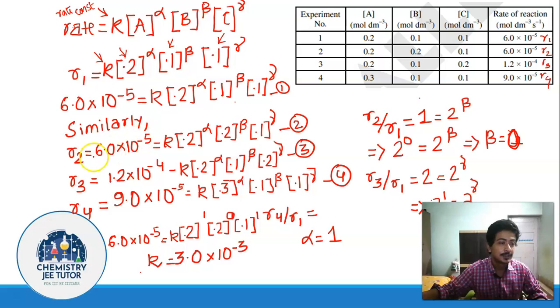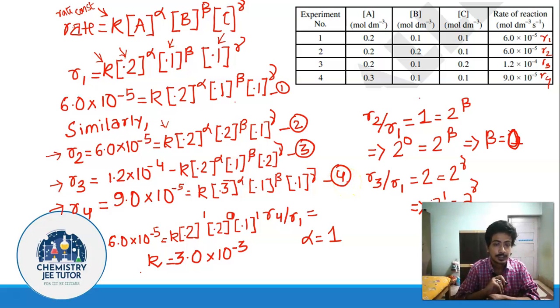Now similarly, if you consider, you can write possibly in the same way. I am showing you one more as well. In case of R2, it is given, you see, R2 is given as 6.0 into 10 to the power minus 5. The rate of the reaction is given as 6.0 into 10 to the power minus 5. The rate constant for a reaction is always going to be the same, provided the reaction is being done at the same temperature. Mind it. Now it is again 0.2 to the power alpha, 0.2 to the power beta and 0.1 to the power gamma. That's how we are writing equation 3 and 4 as well.